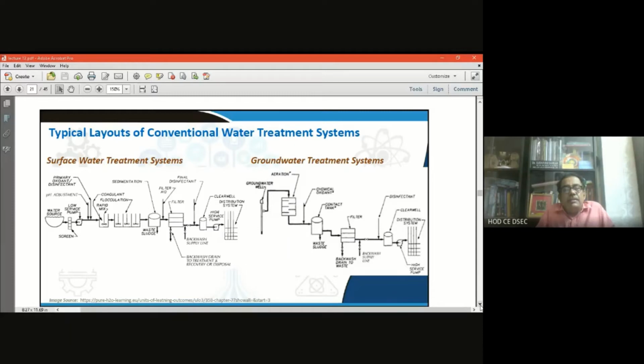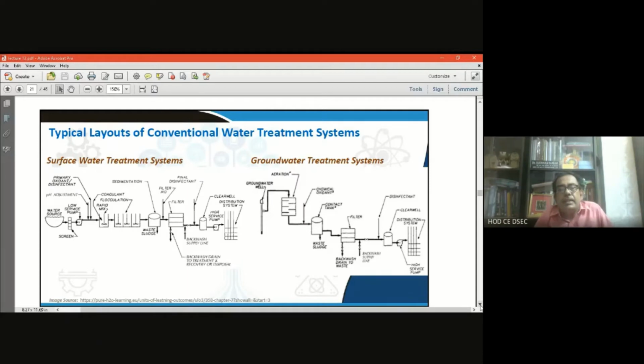In case of the groundwater treatment system, you see the aeration, one unit I have added. Why? Because in the difference between the surface water treatment system and groundwater treatment system, the aeration process is there for removing the foul gases. These foul gases may be present in the groundwater, so there is a system for removing this odor, the smell, by the process of aeration. That will be discussed in detail when we go through the unit operations and processes separately in detail for the treatment system. Just now I am discussing the flow chart, the flow system of the operation of the treatment unit.